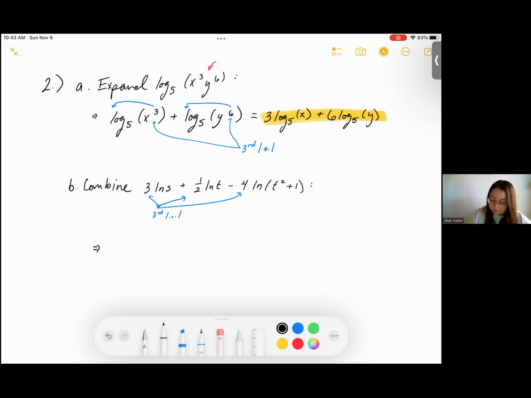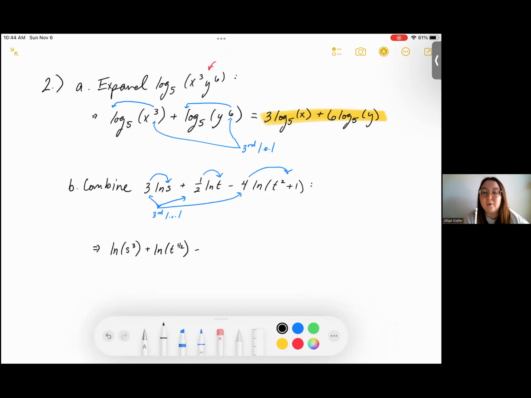So we're going to turn 3 times ln of s into the natural log of s to the power of 3. So we're going in that opposite direction. We're taking those coefficients and turning them into exponents. Then we've got plus the natural log of t to the power of 1/2